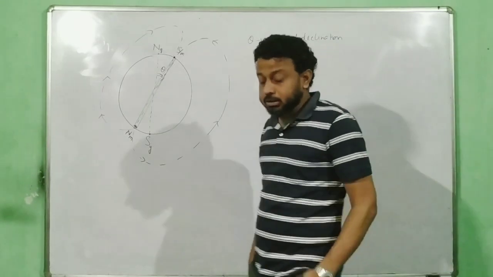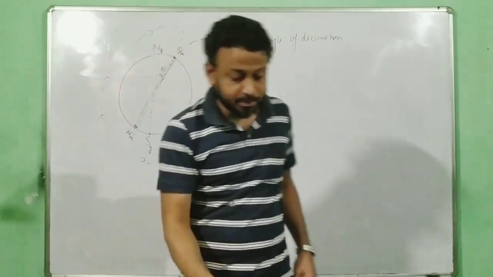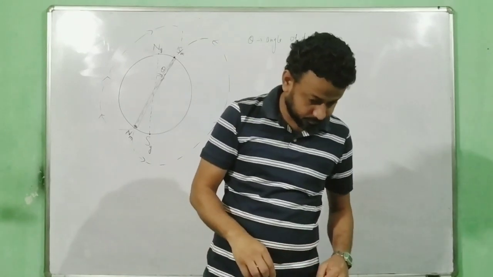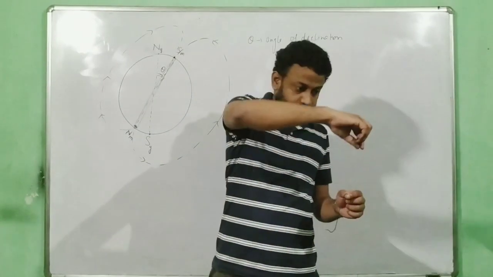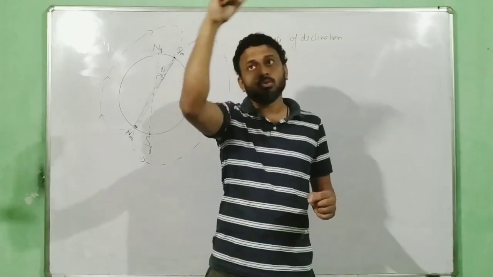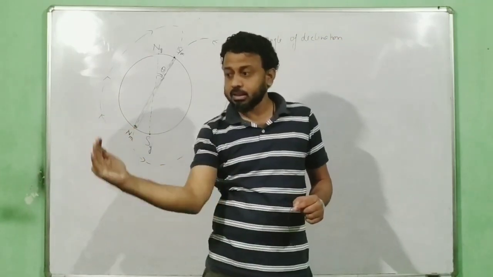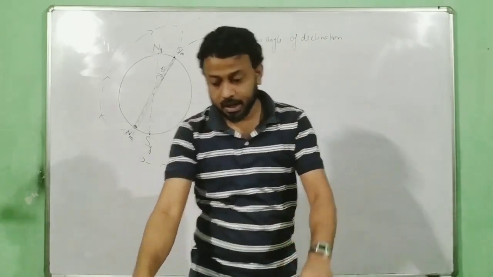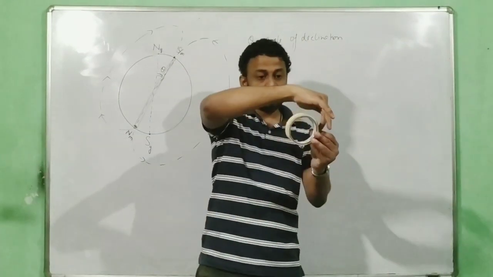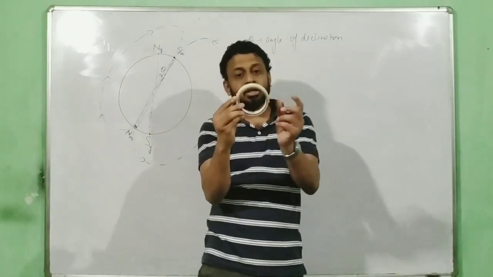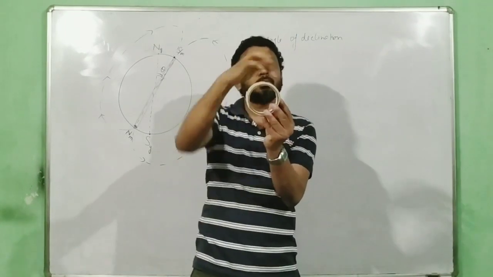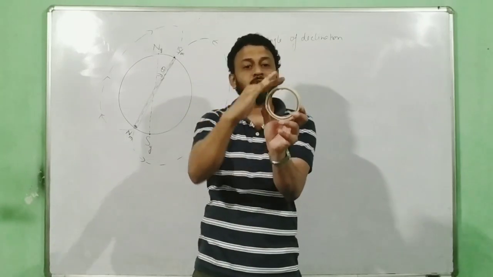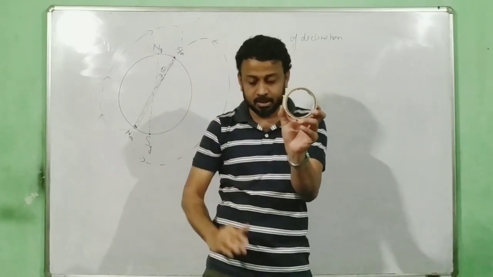See, when you talk about Earth's magnetic field, what does it mean? It starts from here, it will move like this and will go in this direction, correct? Can you see the shape? The shape is like this. It starts from here and it goes like this. So if I consider that this is the starting point, the north pole, then it goes over here, makes a curvature, and then it goes over here as south pole. Look at the curvature over here, very carefully, extremely carefully.